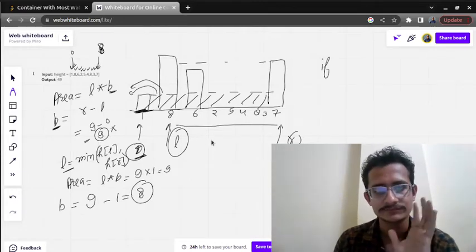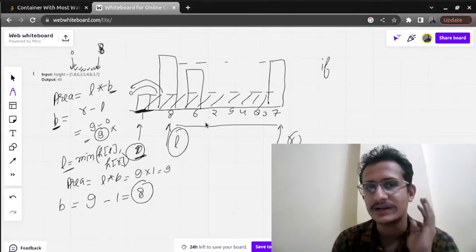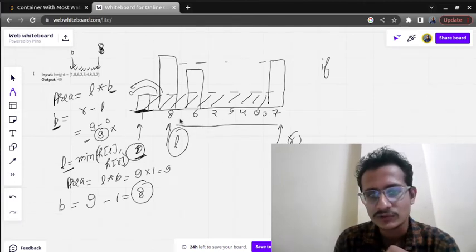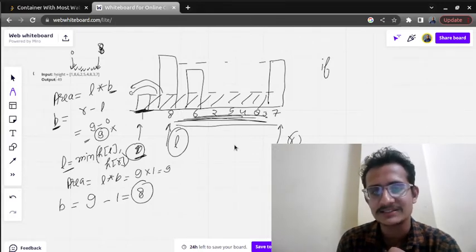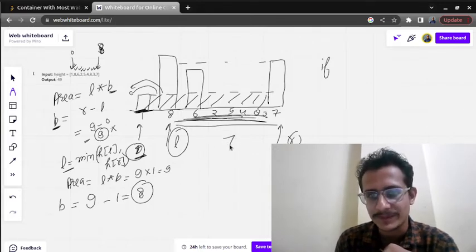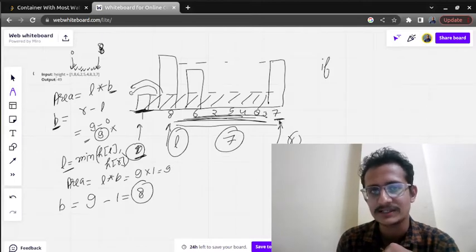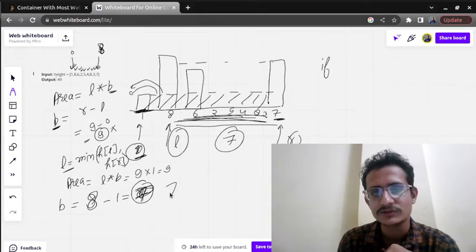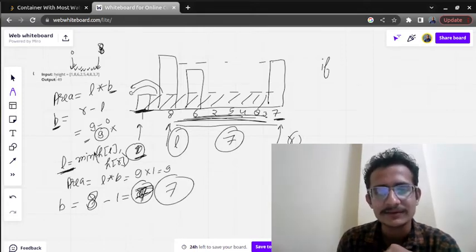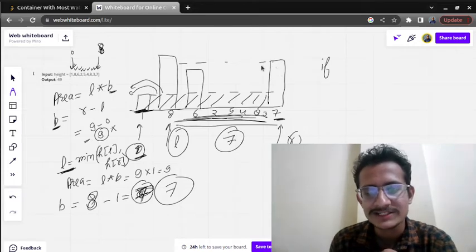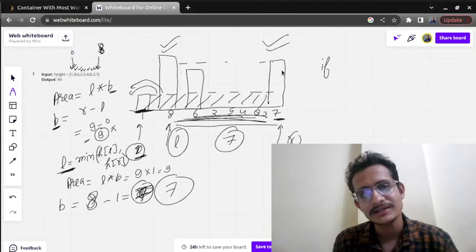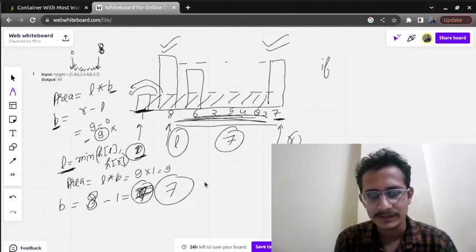Perfect. So basically we need to calculate the area between these two. If we take index wise, it will be easier for us. So between these two, what is the space that we have? We have a space of 7 because this is the last index, 8th, and this is the first index, so the difference is 7. So breadth is 7. And what is length? Minimum of the two. So what is the minimum of left and right height? It is 7. So height will be 7. Okay, so area will come as 49.